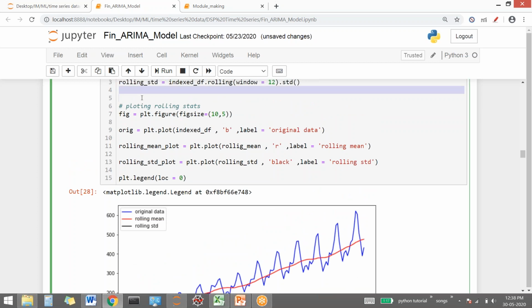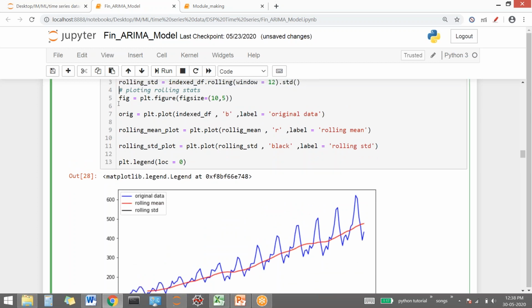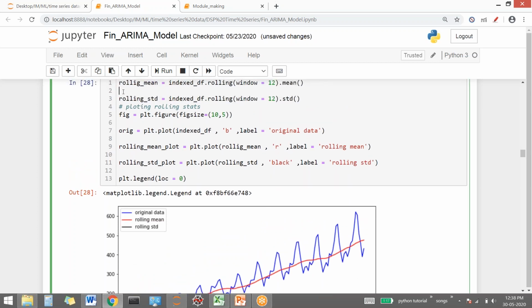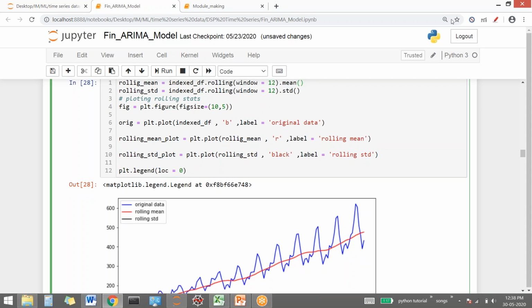Let me just reduce the white spaces. You see, this is where I've calculated the mean. This is where I've calculated the standard deviation. This is my figure size. Here the blue is the original data. You see, this is a legend here. Legend blue says the original data.